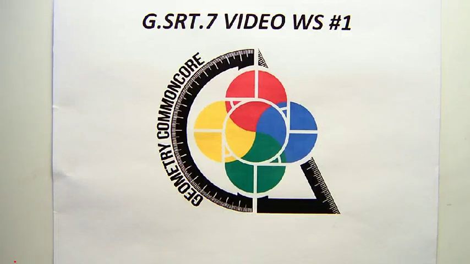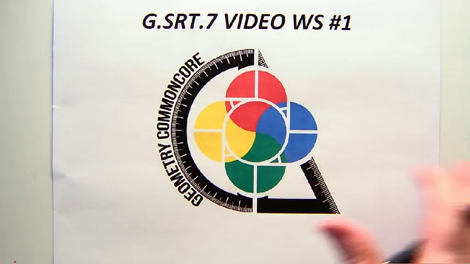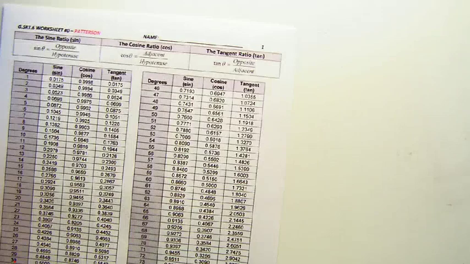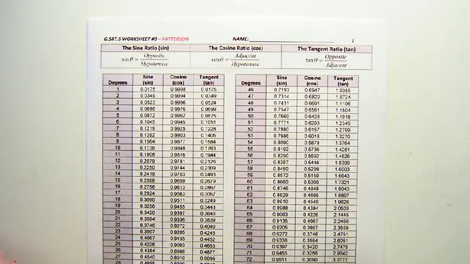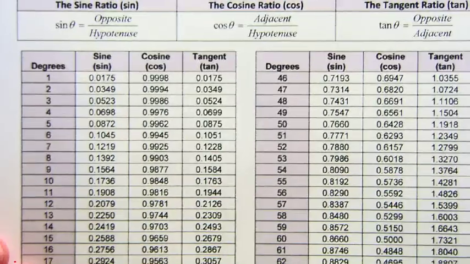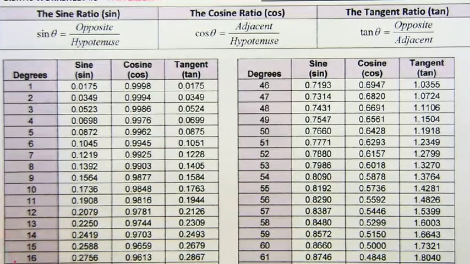Alright, we're looking at GSRT 7. This video is for worksheet number 1. And I guess this particular concept comes from some of the patterns found in relationships between sine and cosine. So what I want to do here for just a minute is take a look at some interesting things